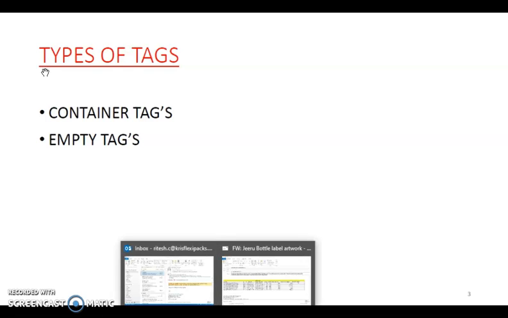Means in container tags, both the opening and closing tags are considered. The empty tag is the opposite of the container tag. Empty tags require only the starting tag. They do not require a closing tag. I will give an example of it later.